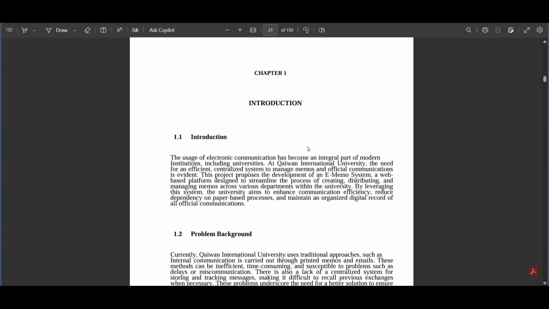Hello everyone, my name is Rahman and I'm going to present my final year project FYP1, which is about the E-Memo System. My project contains 6 chapters, an SRS (software requirement specification), an SDD (software design document), and then